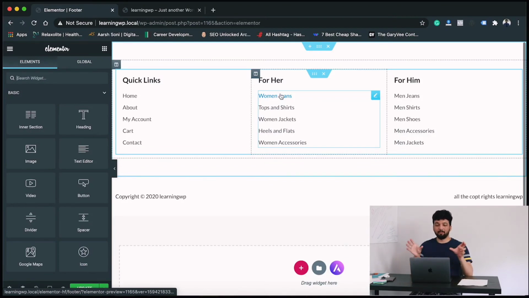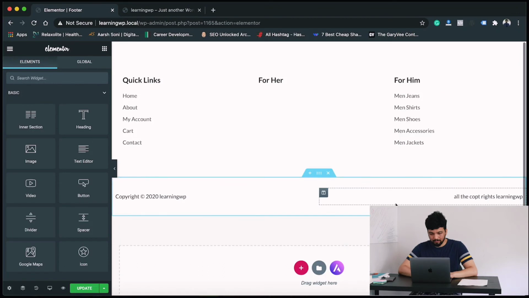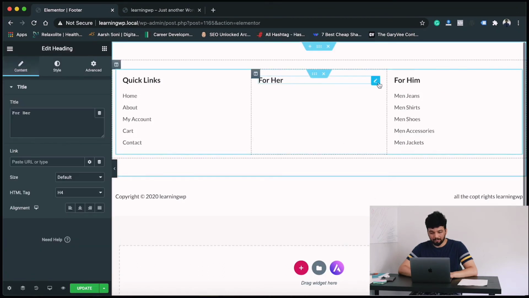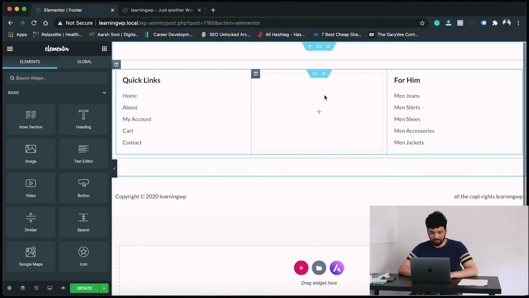It's gonna create 3 blocks. I deleted one more block. Let's say you want to keep the space between here, you don't want the footer to be too big, but you just don't want anything in this section. So what you can do is just delete the particular line. So just click on the line, go to the edit, right click, and then just delete it. So it's gonna keep the column there, but just the content is deleted. So the columns are there, so you don't have the issues with the spacing and you don't have too much big footer. And there you go.